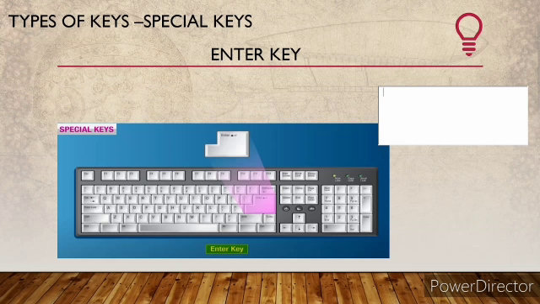Now let me type San Academy School. Now I want to go to the next line to type the word Tambaram. So how can I go to the next line? I have to press the enter key. When I am pressing the enter key, look at that, the cursor will come down to the next line. So now I can type Tambaram.